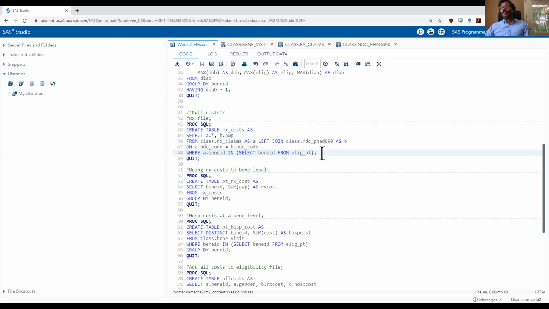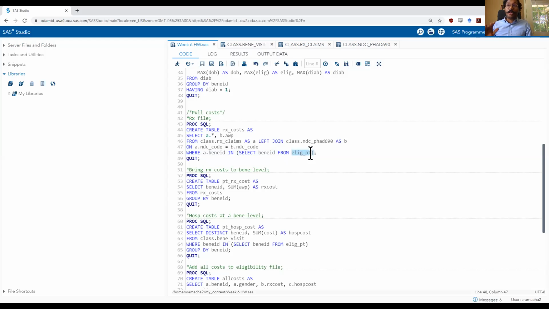You could have written, after doing the merge with the data step, another merge statement where you merge it with the ELIG underscore patient file and then do a left join to delete the claims from prescriptions of individuals that are not eligible. Or you could have not done that there and you could have done it much later. So really, there are many ways to approach this problem.